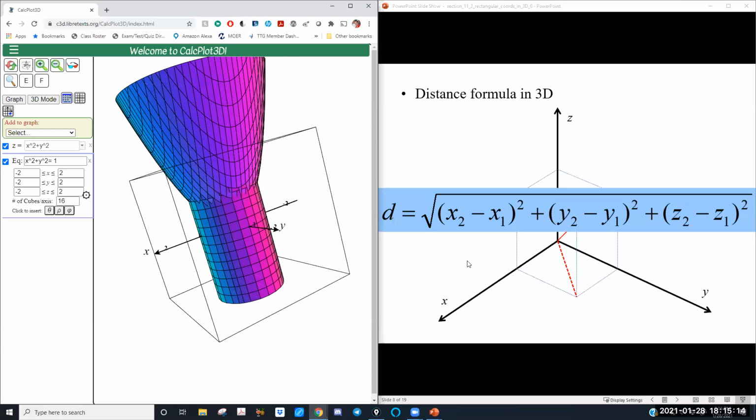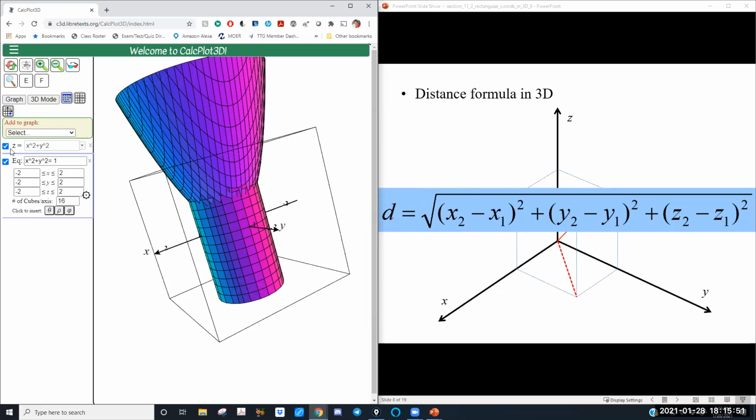In 3D, it's actually really similar because basically you have a triangle in 2D plus this third side. So you just add the distance in the z direction. The reason I'm showing you this, if you square both sides, that gives you the basic formula for a sphere. All right, that's where the sphere comes from, because all the points of a sphere are equidistant from the origin. In other words, this d gets made to be a constant. You square both sides, you get your equation for a sphere.